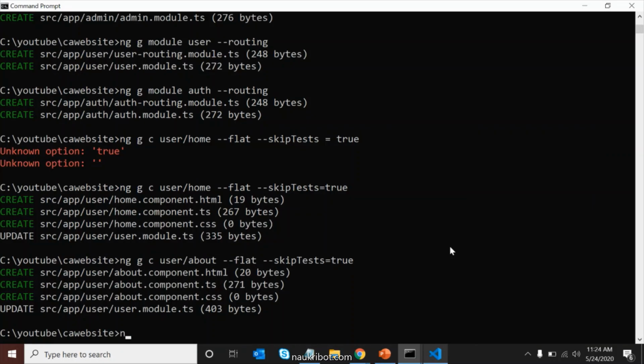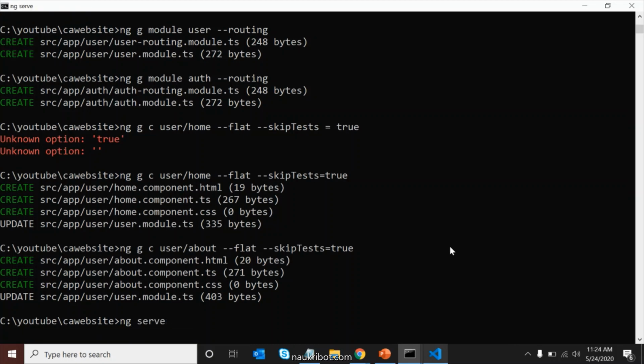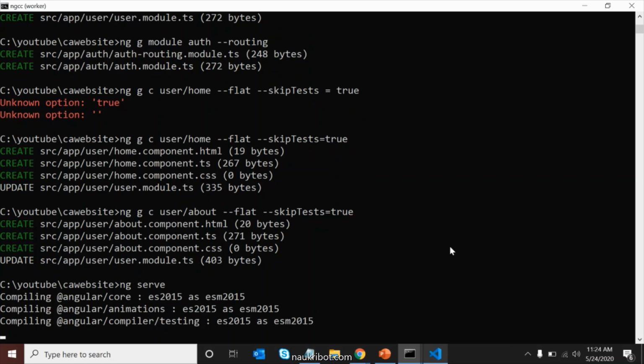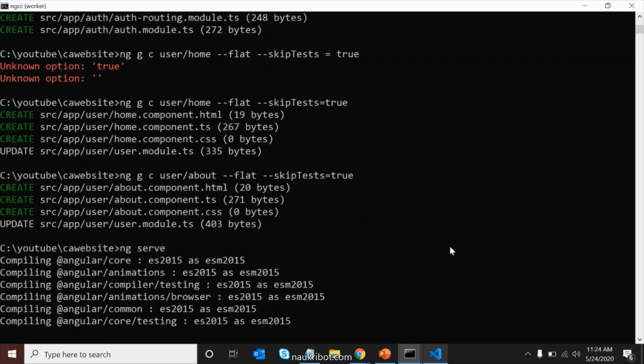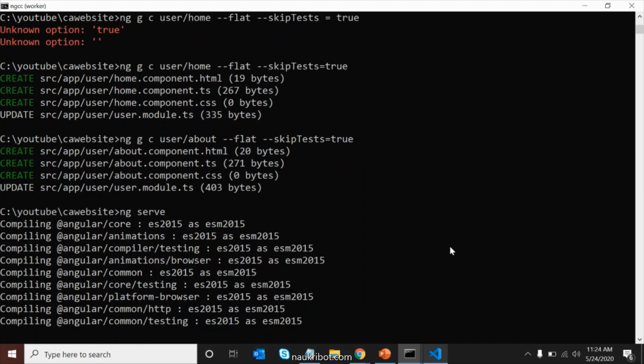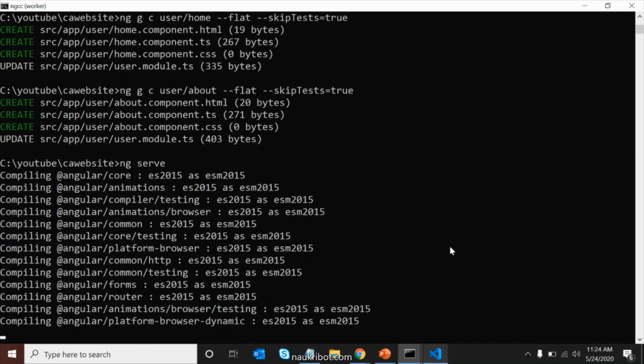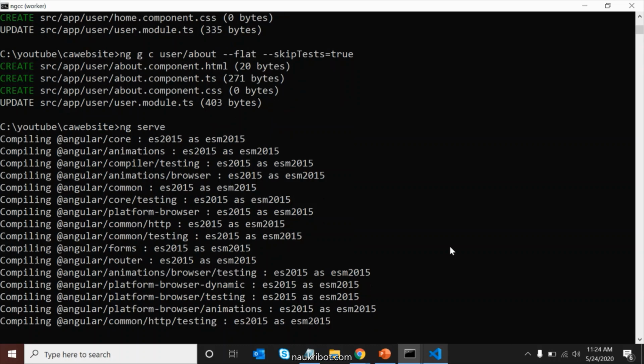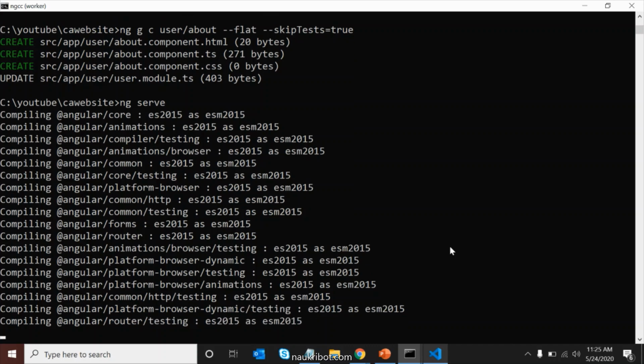Now we can start our project like ng serve, and we can see if it's working or not for the user. So if it works, we will start doing it for admin and authentication. Correct. So let's see what it will do. It is taking some time because it will start compiling the project, and after that it will build the project, and then it will give us a link to open the project in the browser. So you can see that it started compiling all the dependencies, and okay, it will take 1-2 minutes. We can wait till then.